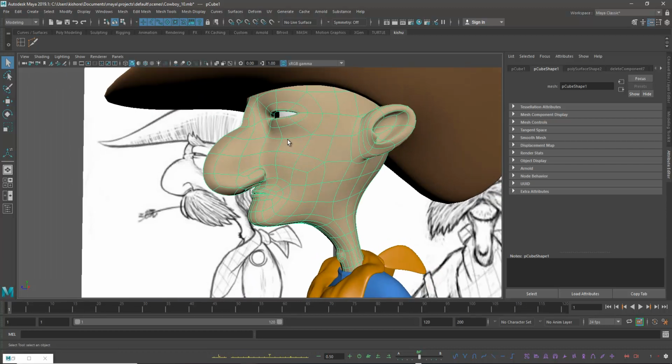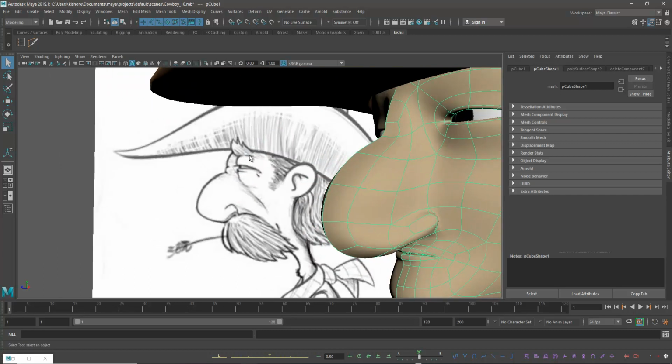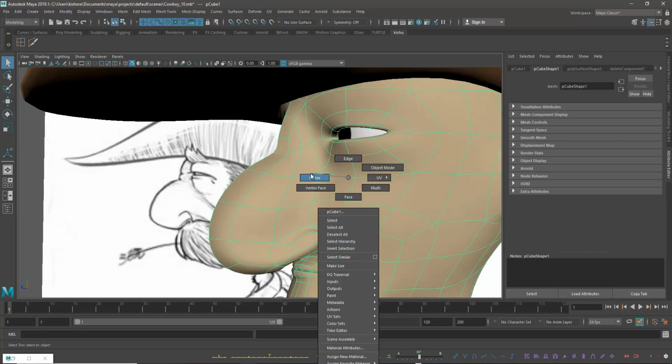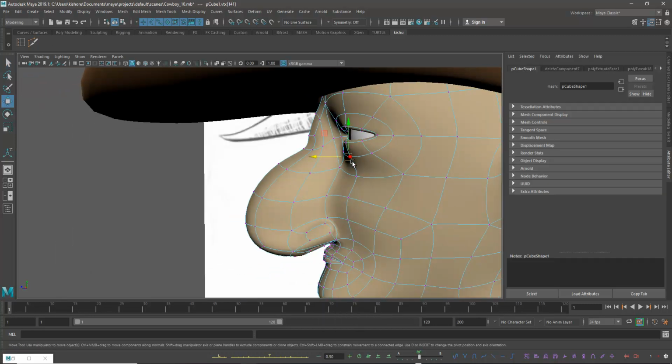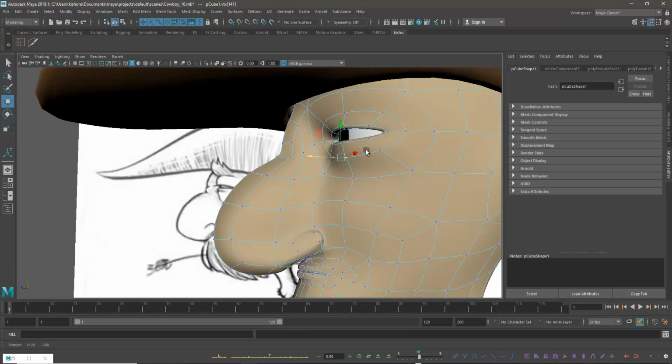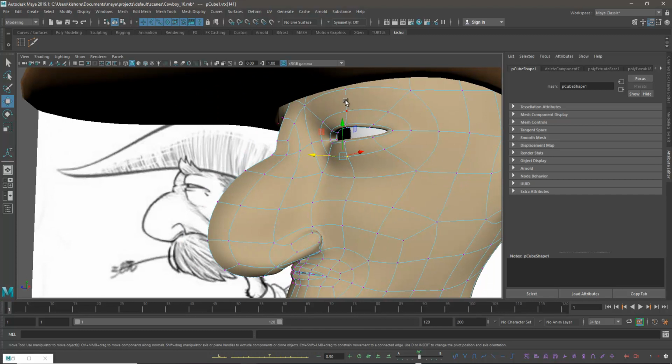When you spend more time to bring these kinds of puffiness or bumps, you have to spend more time and more detail by adjusting, something like this, and in the same way you have to create one more line.